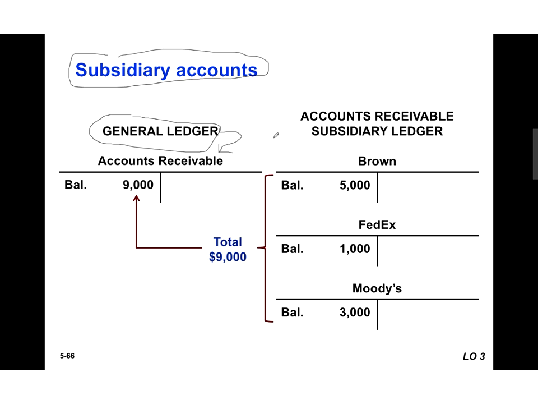That's how we know how much each customer owes us, and how we can verify that our accounts receivable is right. So we have subsidiary ledgers, which are the detail for the accounts on the general ledger. For accounts receivable, it's a listing of the details of all the transactions with our customers, by customer. It's just the detail for what's going on in the general ledger.